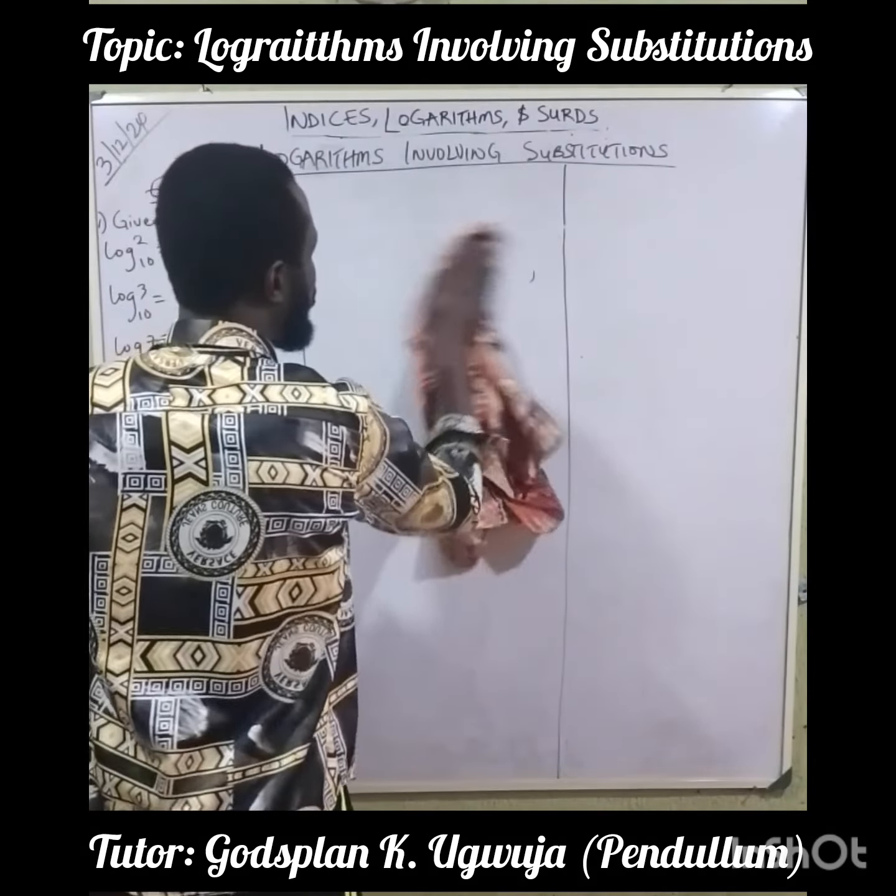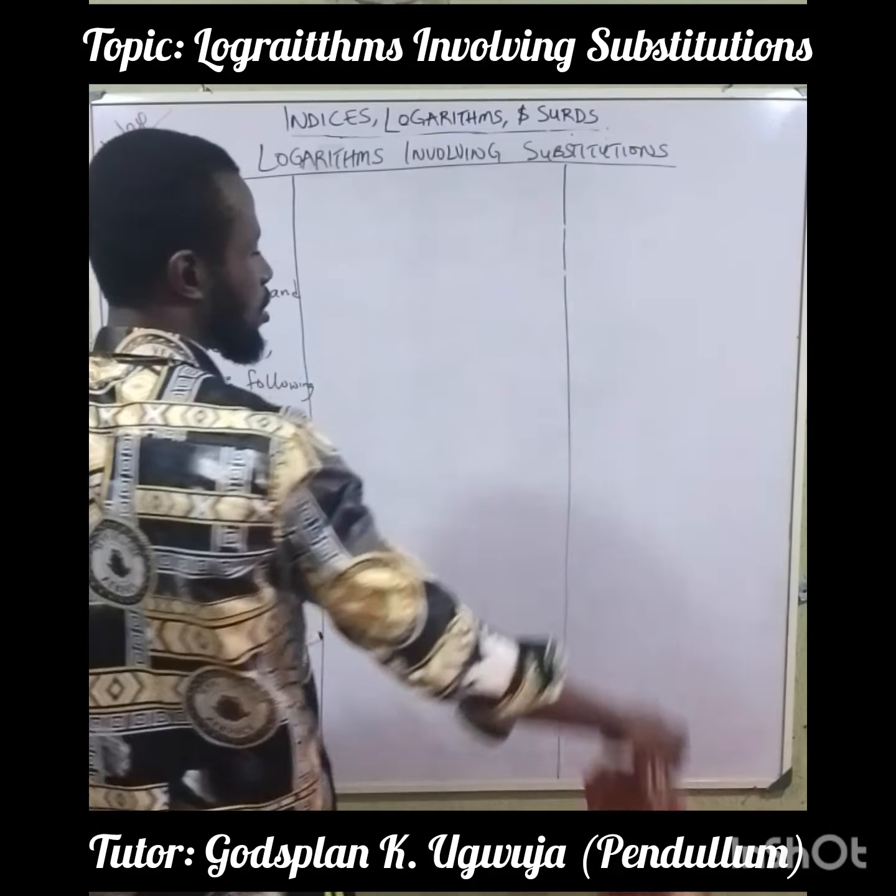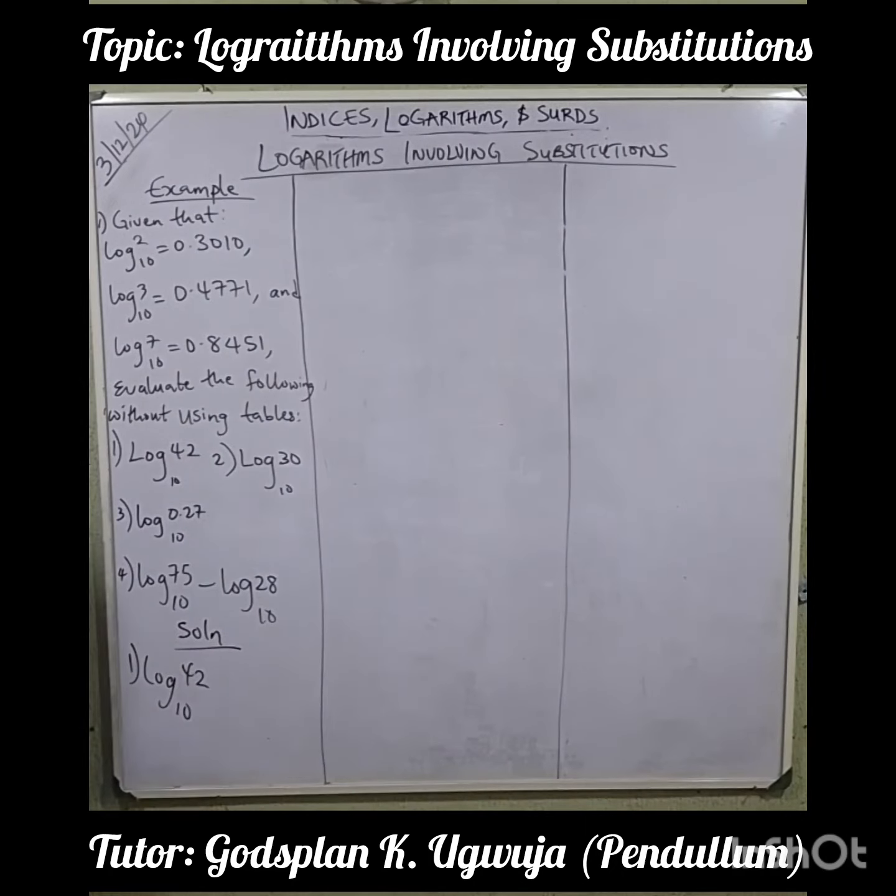Alright, but you must use one or some of them, or even all of them in some cases, depending on the question you are given. So now let's look, how can we break down 42, making it a product of these numbers here. Now we know that 42 is 6 times 7,